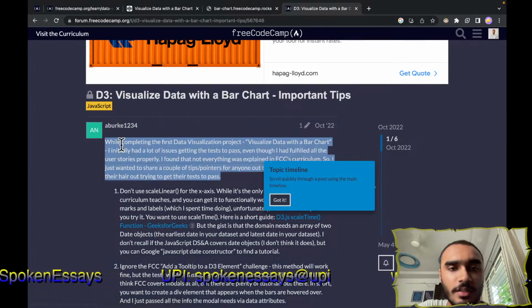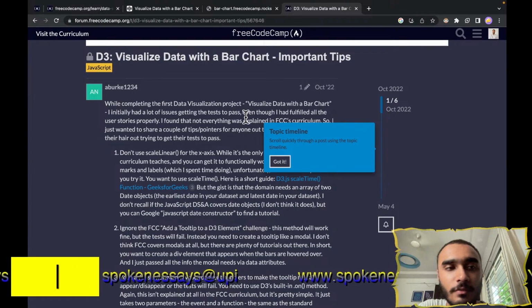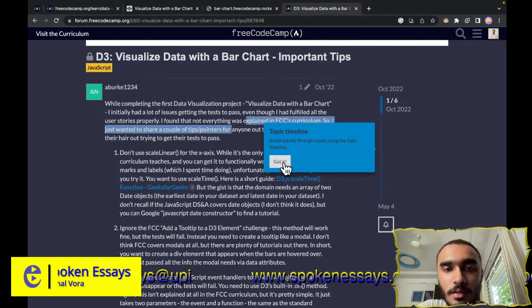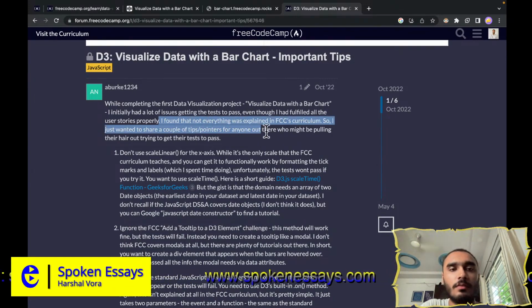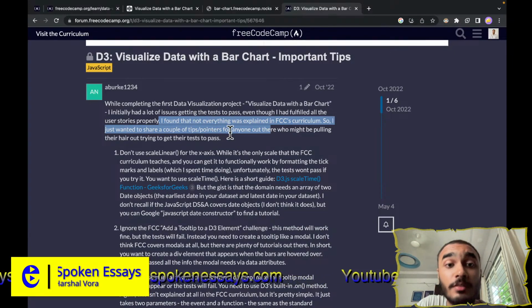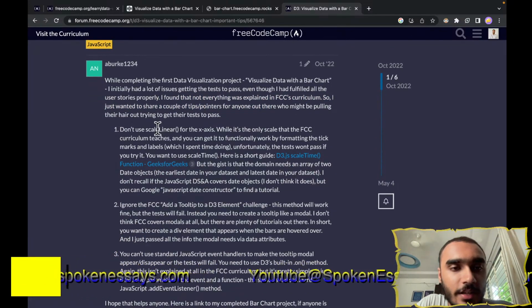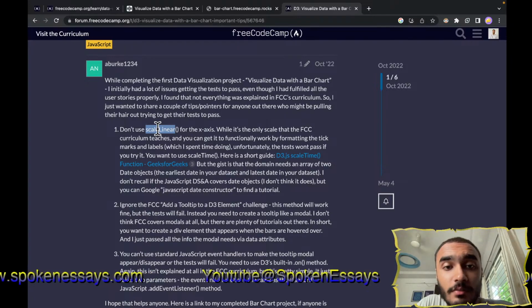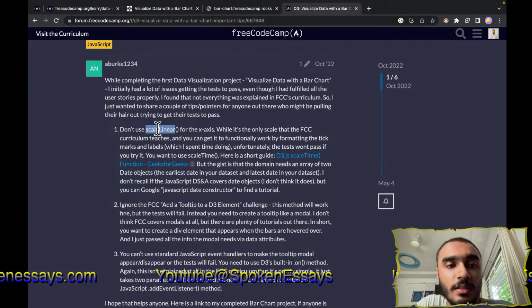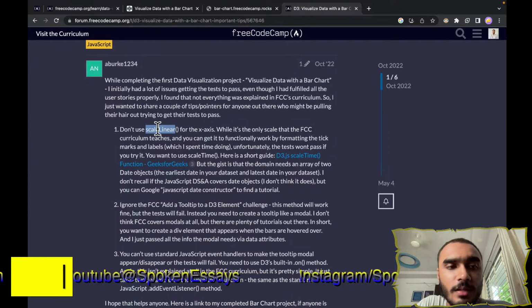While completing the first data visualization, initially I had a lot of issues getting the tests to pass, even though I had fulfilled all the user stories properly. I found that not everything was explained in FCC's curriculum, so I just wanted to share a couple of tips or pointers for anyone. Okay, so this will be helpful. Don't use scale linear for the x-axis. While it's the only scale that FCC curriculum teaches, you can get it to functionally work by formatting the tick marks and labels,